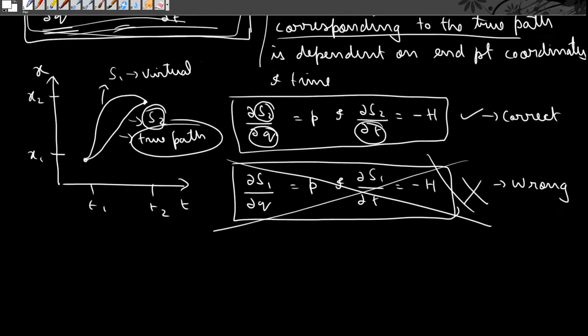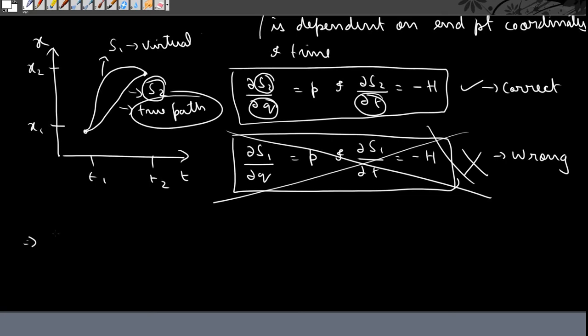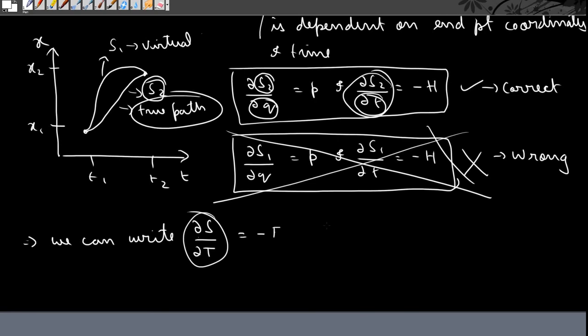So this implies we can write ∂S/∂T, where if you consider t1 to be 0, which is usually the case, then this particular term can be written in this form, where we have already defined this capital T as the time taken. So this can be written as equal to minus E. But this is true only for S corresponding